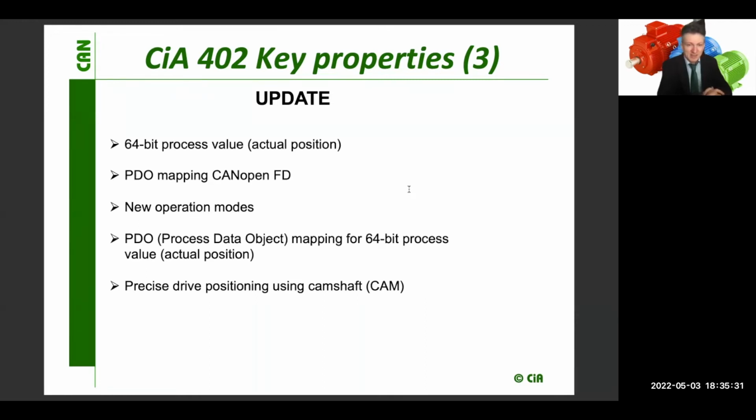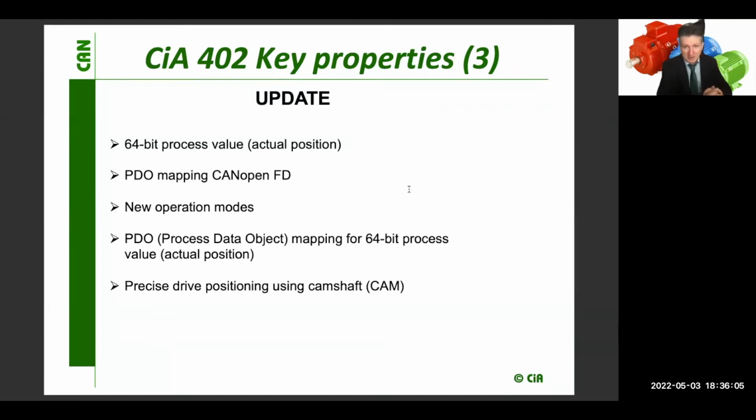But since such precision is not really required in internal calculation and scaling of the position values anyway, we reduced this just for the external 64-bit process value, which will be scaled down to 32-bit and thus can, however, be used in the internal network as 64-bit and can be transmitted using PDO,